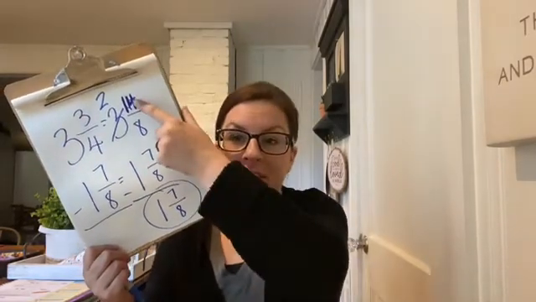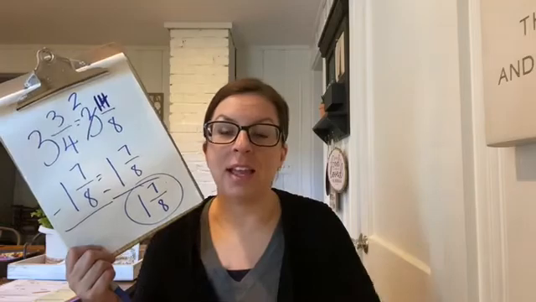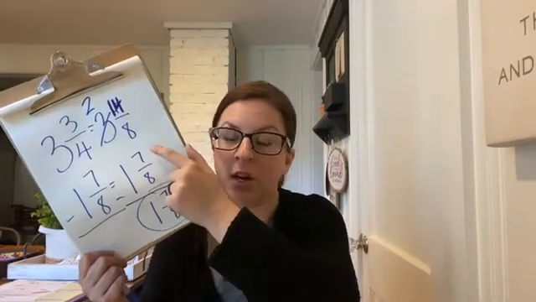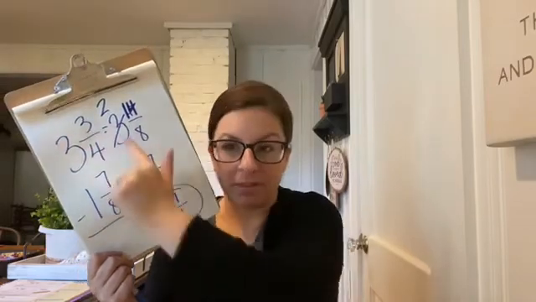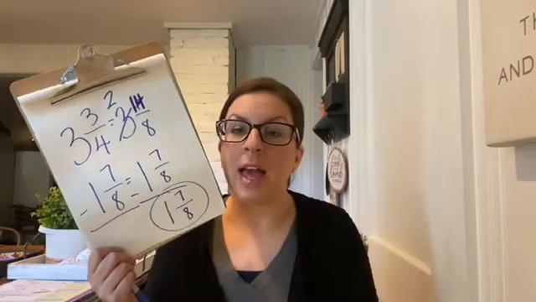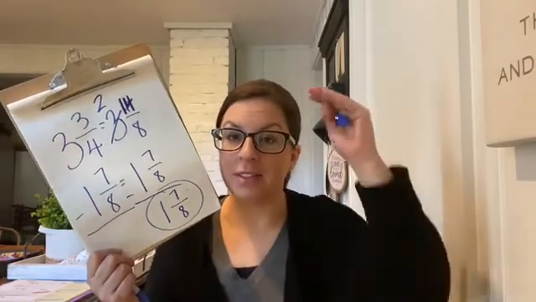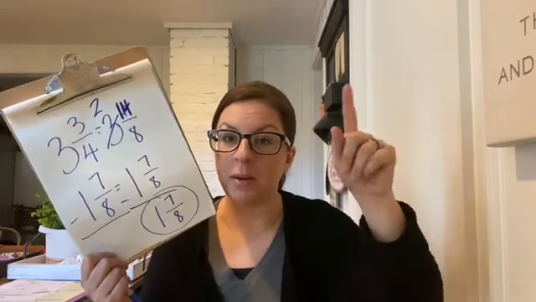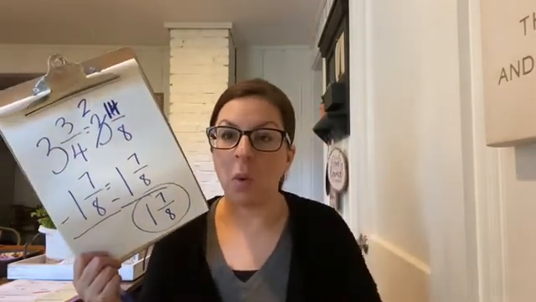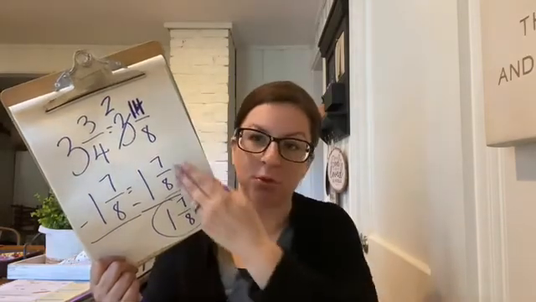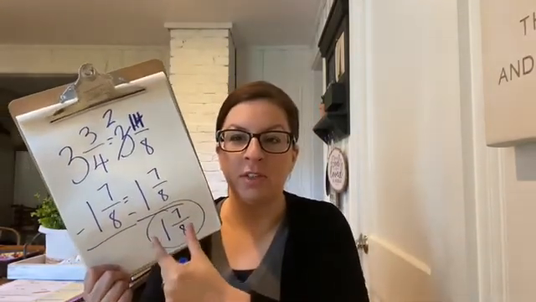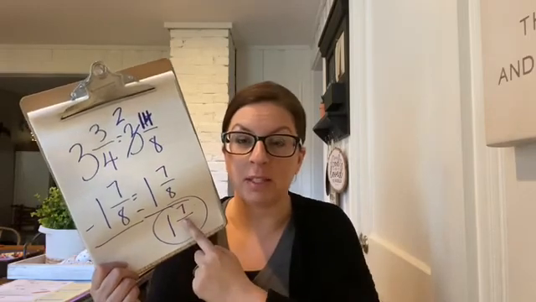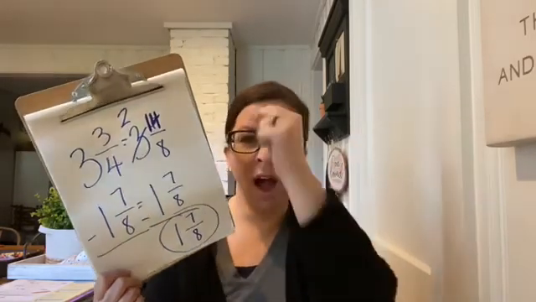And then if the top fraction is smaller than the bottom fraction, you have to borrow from the whole number. And remember, every fraction that has the same number on the top as the bottom equals 1. So you're going to borrow 1 from it. Then subtract the fractions, subtract the whole numbers, make sure that it's the smallest that it could possibly be. And then you got